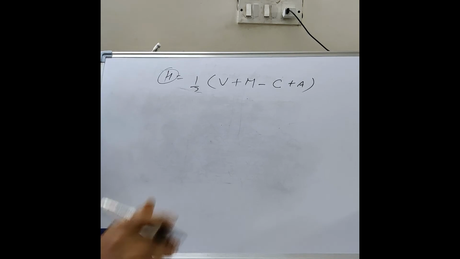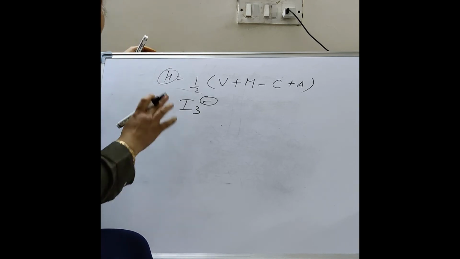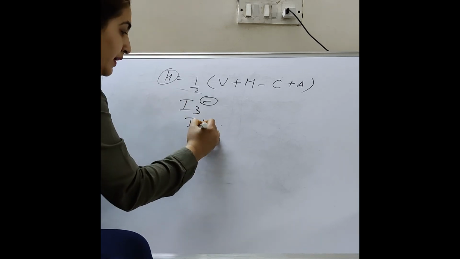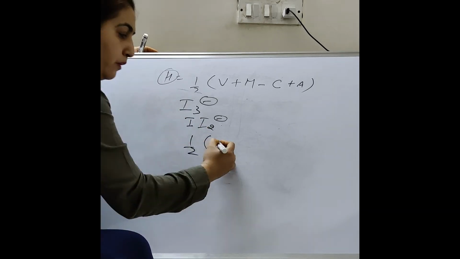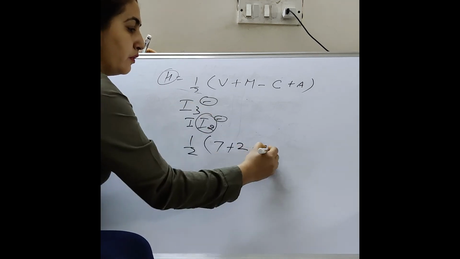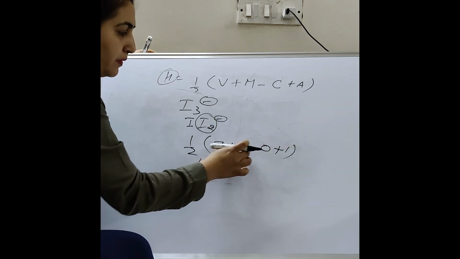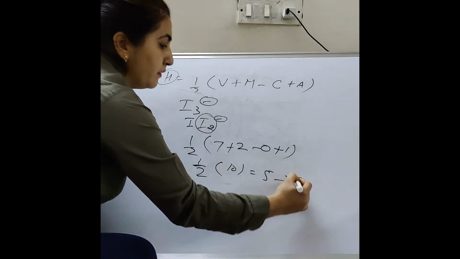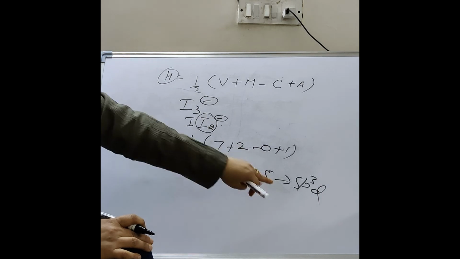For example, you want to calculate I3 negative. So how will you do it? There is no central atom, there is no side atom. So what you do is consider one of the iodines as the central atom and the 2 iodines as the side atoms. So half into iodine, all the halogens have 7 valence electrons. So the number of monovalent atoms will be 2. There is no positive charge, plus there is a negative charge of 1. So here 7 plus 2 is 9, 9 plus 1 is 10, so 5. So I3 negative has sp3d hybridization. sp3d means it has a trigonal bipyramidal geometry.